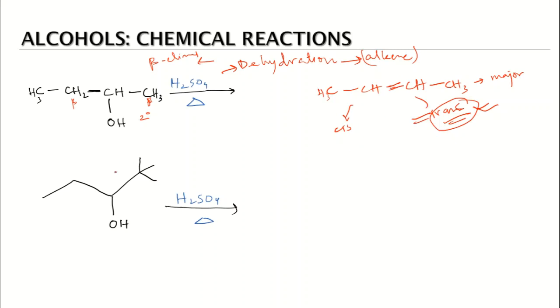Now looking at this question, again we have two beta carbons in this case. This is again a dehydration reaction. We have the same types of reagents, and we have an alcohol. But looking at the beta carbons, there is no beta hydrogen present on one of them. The beta hydrogen is present only on this beta carbon. So there is only one possibility, and this alkene will be the product of the reaction. So we have to look at the type of reagents, we have to look at the type of alcohol, and accordingly we have to predict the product of the reaction.